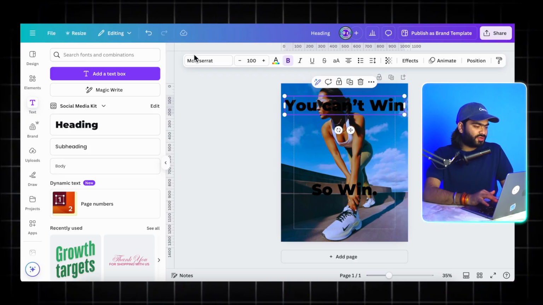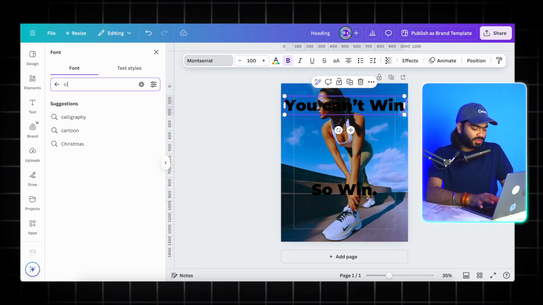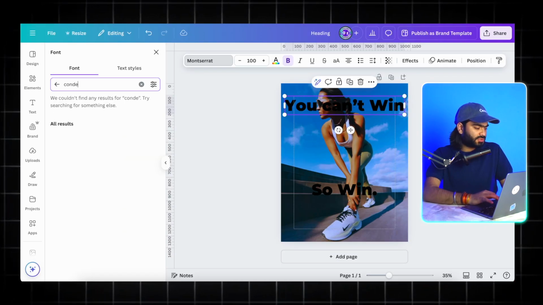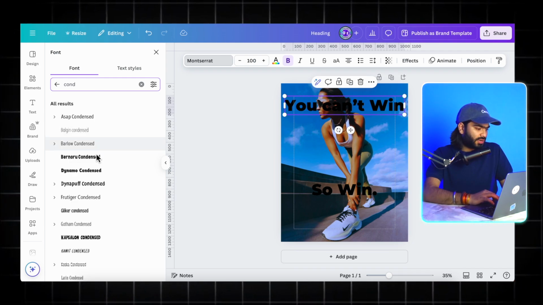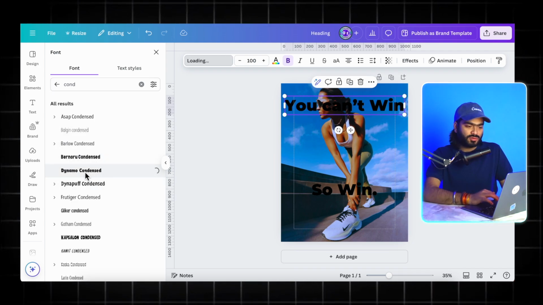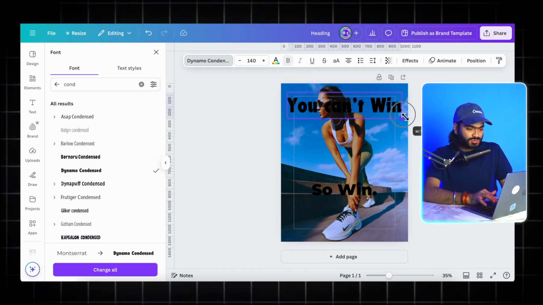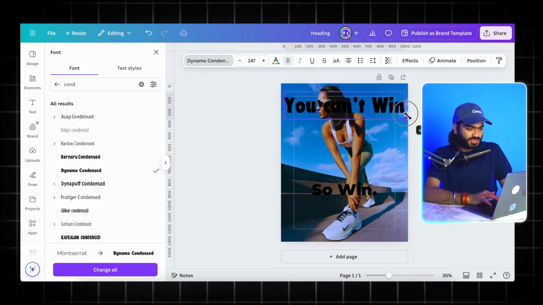Nike uses Futura as their brand font, but for this particular campaign they have used a condensed font. So I'm using any condensed font which is available on Canva. I'm directly searching for condensed over here, and you can see Dynamo Condensed is the one I'm going to use for this design. I will just stretch it,